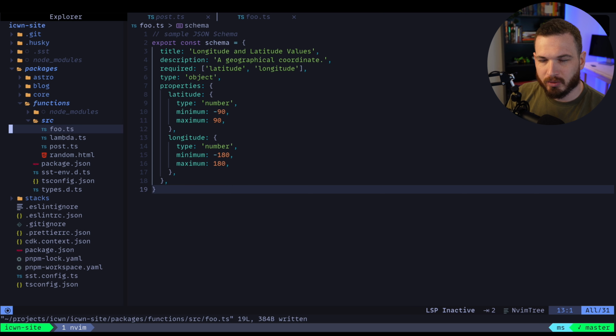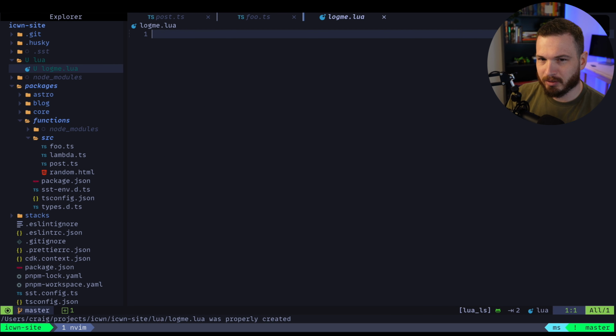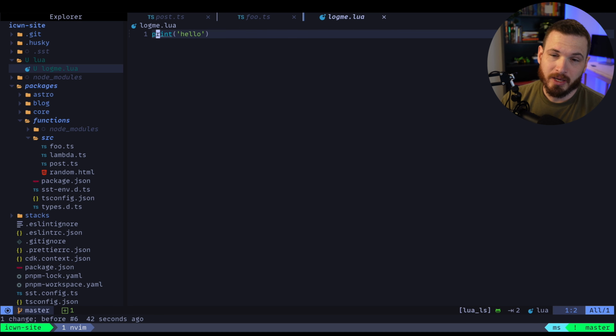So I'm going to do this kind of a lazy way, but I'm just going to create a new folder. I'm going to call it Lua, and I will call this thing logme.lua. And then within this file, just to make sure that this thing works, we'll just do print hello. I'm going to create a new key map so that I can run this file whenever I use that key map. So I'm going to type lua and